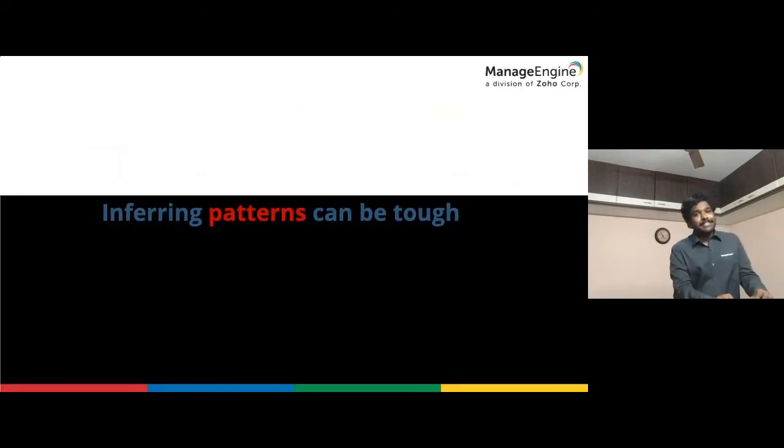Like I said, inferring patterns can be tough. When zoomed in at a weekly level, it is something different. When zoomed out at a monthly level, it is something different. When zoomed out at a quarter level, it is even more different, right? So your data behaves differently when you zoom at different intervals of time. Now, all of those patterns have to be captured. When I want a daily forecast, my hour of the day is important. When I want a weekly forecast, my hour of the day is negligible, but my day of the week is very important, right? When I want a quarterly forecast, the month of the quarter becomes very important. When I want a yearly one, and so on, right?